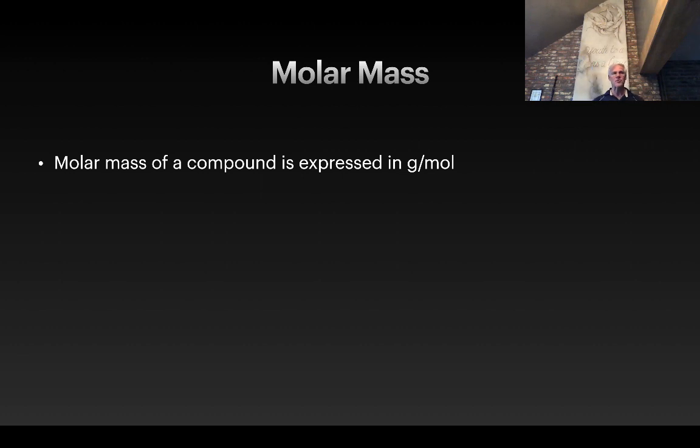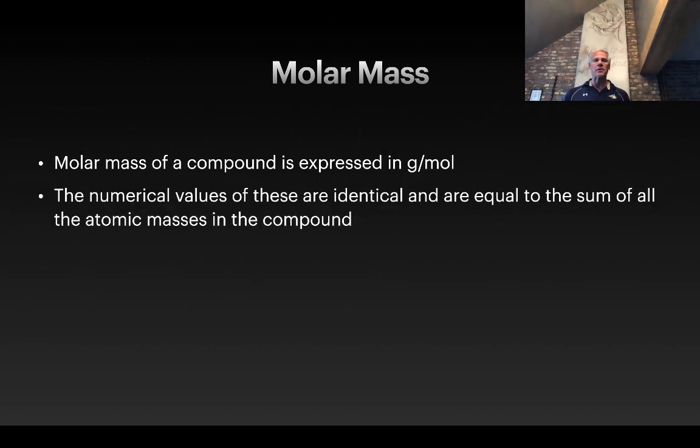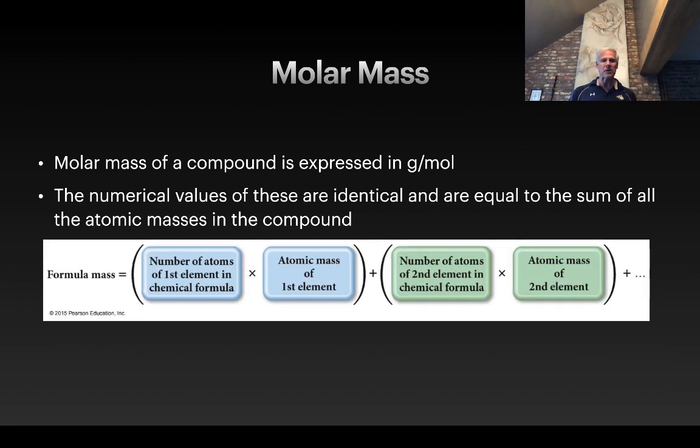So we've talked about molar mass of an element, something we find directly on the periodic table, but most of the chemistry that we do does not involve just an atom. It involves molecules, compounds. And so how do we find the molar mass of a compound? So we express molar mass in the exact same way, grams per mole, and it turns out that the numerical values of these are identical and equal to the sum of all of the atomic masses in the compound. Okay, so to find the formula mass, that's the same thing as the molar mass,